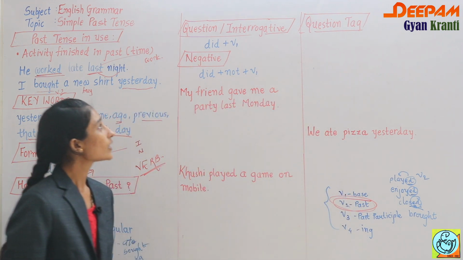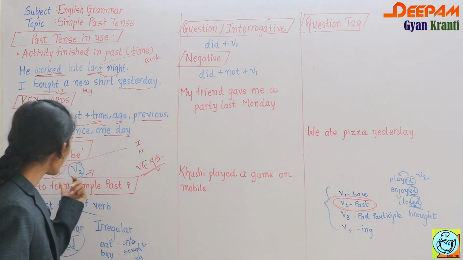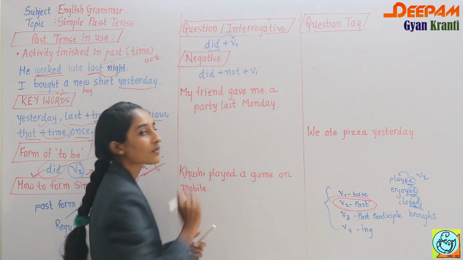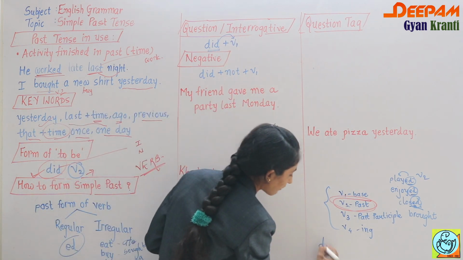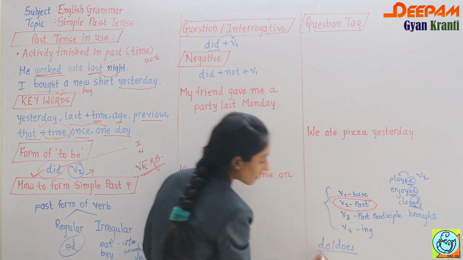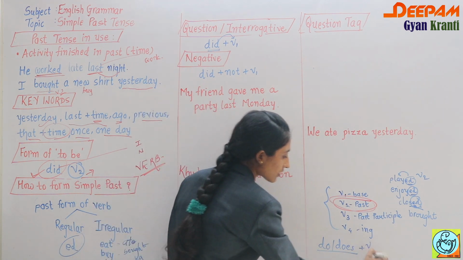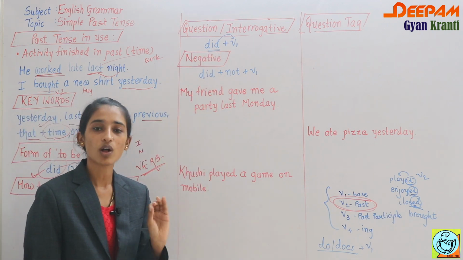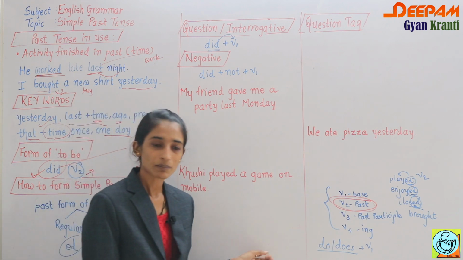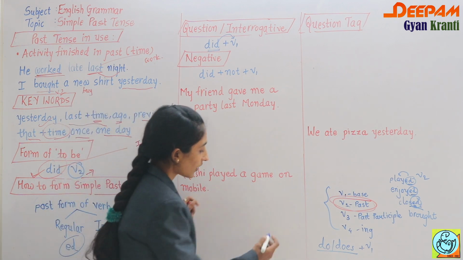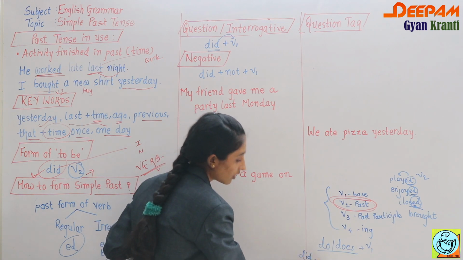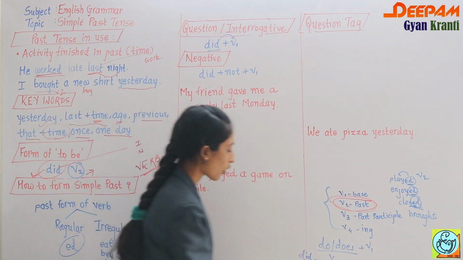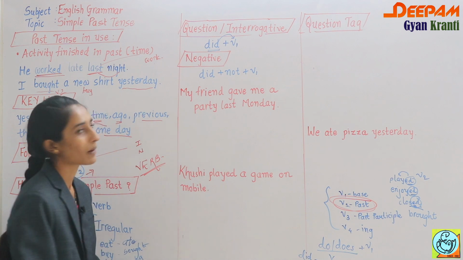Okay, now question or interrogative. I already told you that you want did as a to be form. With did, you have to remember, V1 always comes, like the same rule we applied with do and does: with do and does we have to use V1. Same thing here, we have to implement in the sentence that with did always comes V1. In the exam sometimes two blanks are there. Suppose one blank is there and did is given to you, then here any subject and here you have a verb. Generally we used to write the ed form, but that is wrong. With did always comes V1. So you have to remember that.